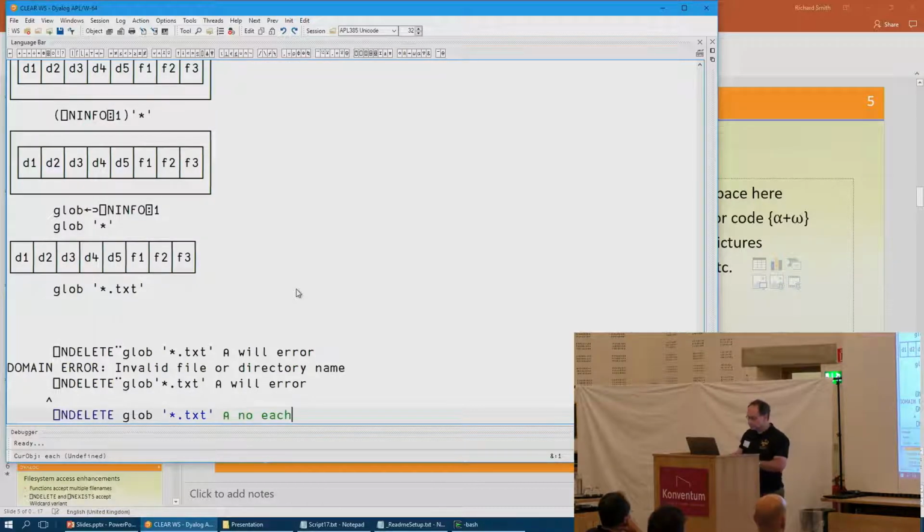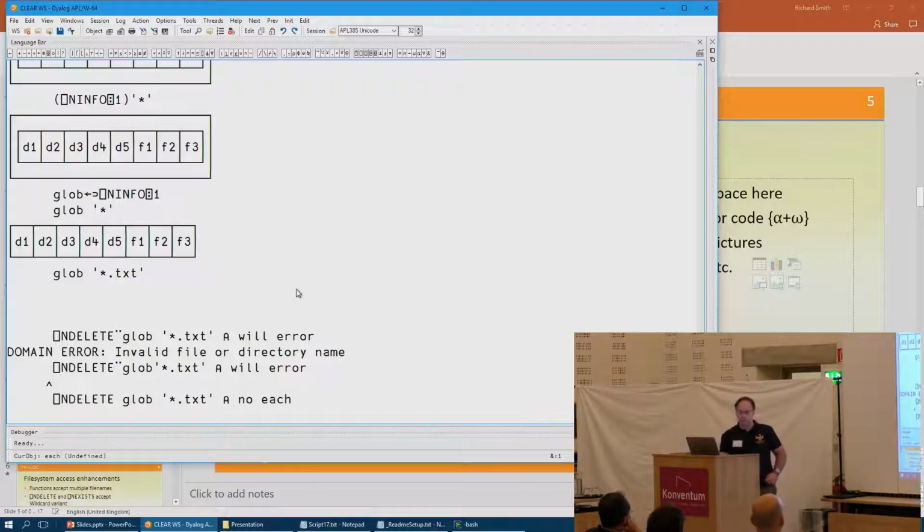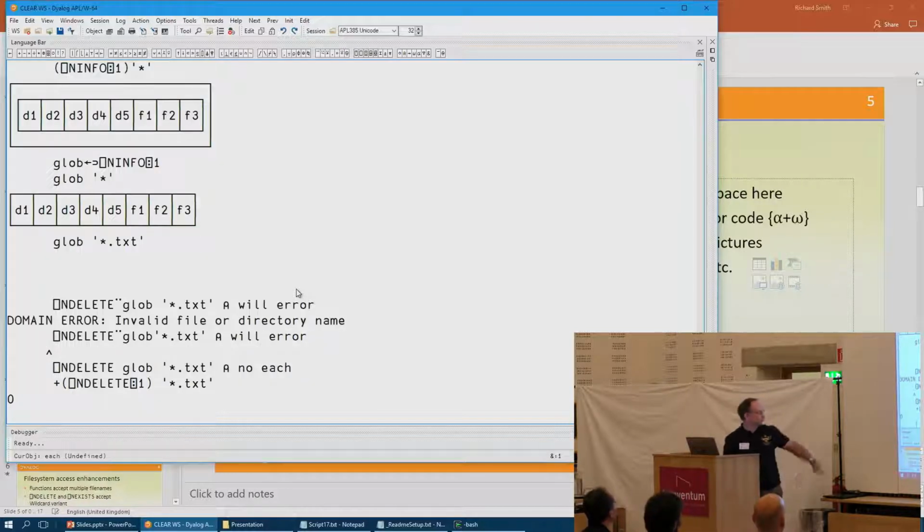So ndelete in the new version will accept a list of names just like you saw in mukta. So this is an empty list of names. It knows it's empty, it doesn't do anything, and it's perfectly fine, there's no error. But if you're going to do that, you might as well add the wildcard option to ndelete as well. In this case, it's been given star.txt directly, and there's no matches, so it's deleted 0 files, and it returns the 0 to tell you that.